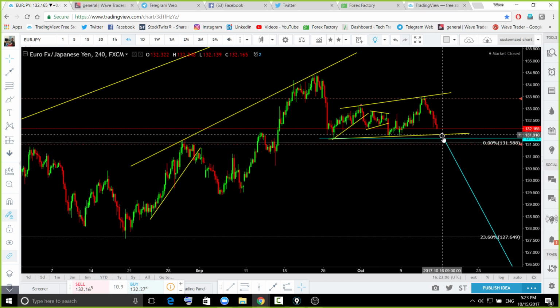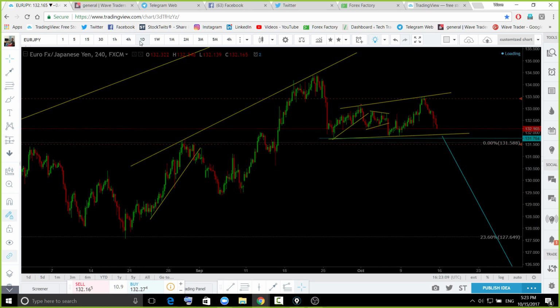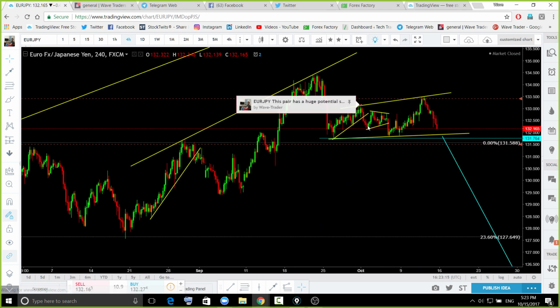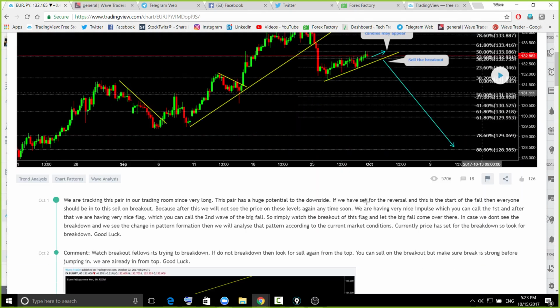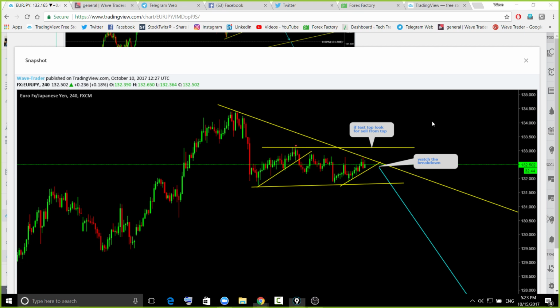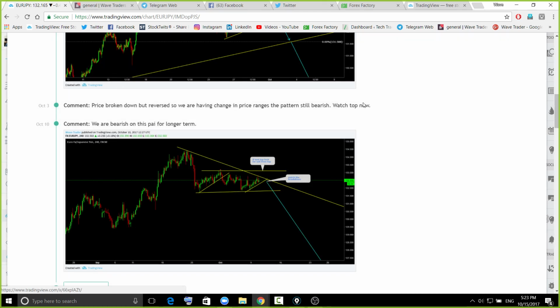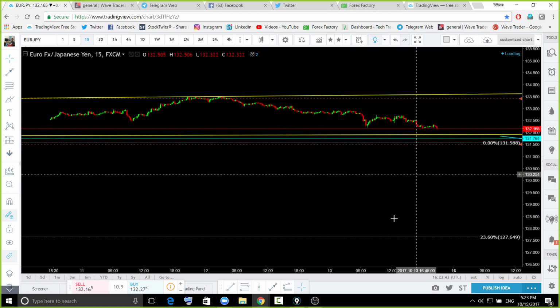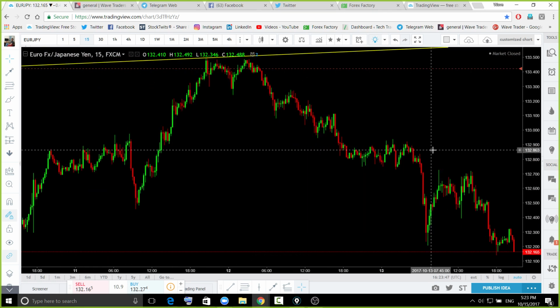It was at a sell place when I posted the update on the Euro Yen. When I posted the update, that was the place you needed to look for a sell. All right, so we sold that place. I have shown you that chart before as well. Yeah, that was the area, because it is forming a bigger daily correction over there. Those who are in, if you can't figure out the formations correctly, you will keep struggling. There were clear sell signals and clear sell setups over there.